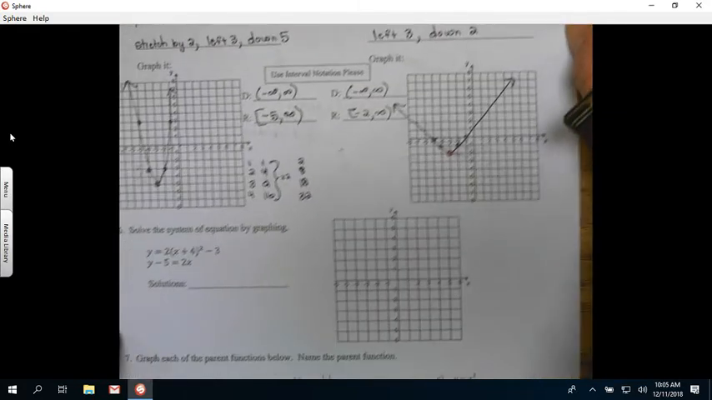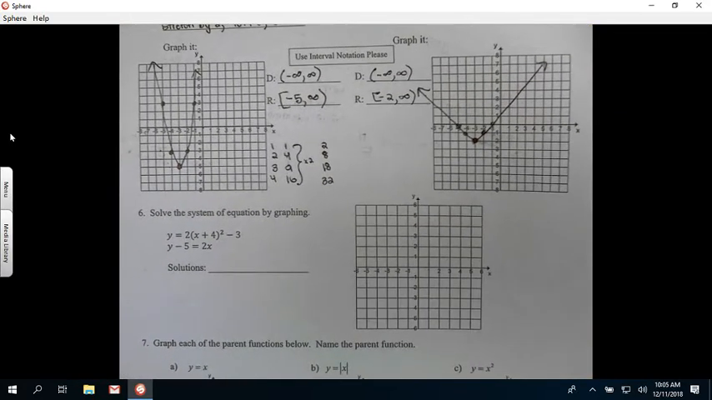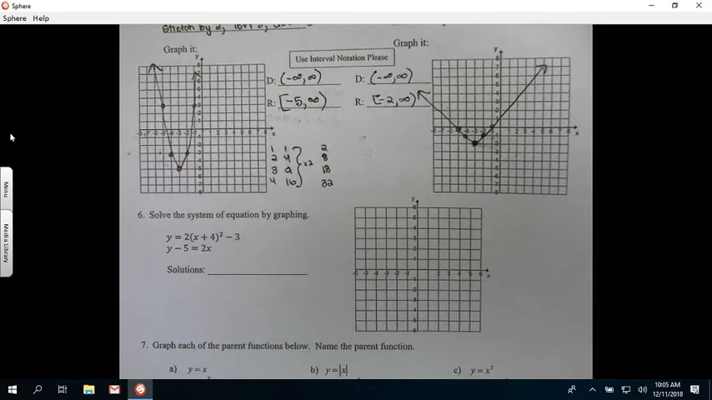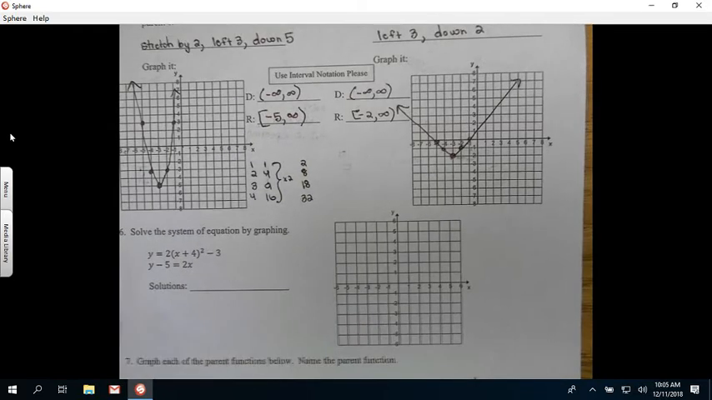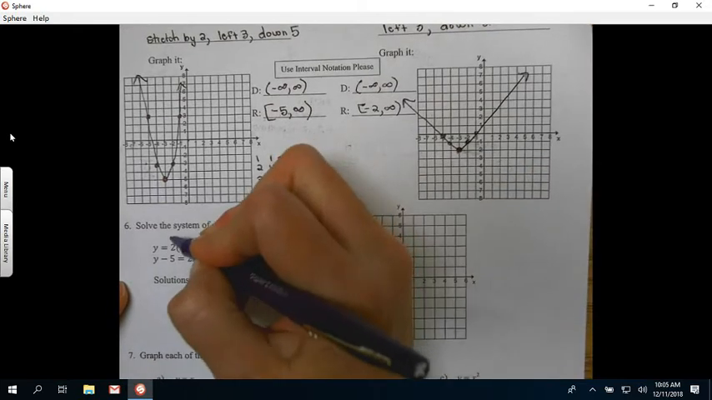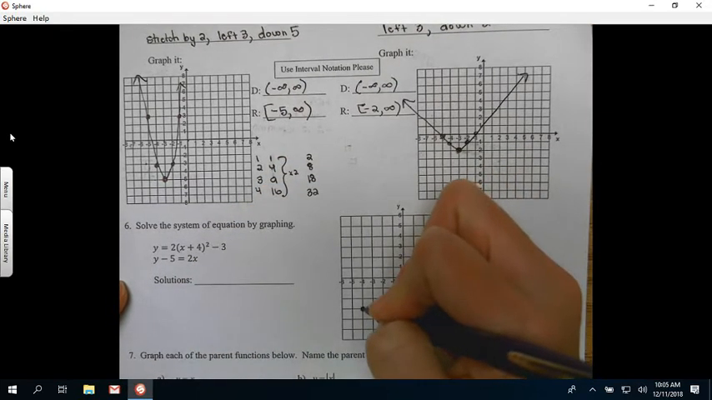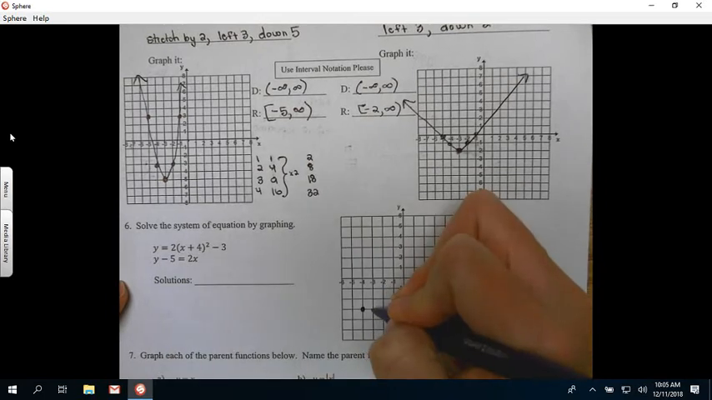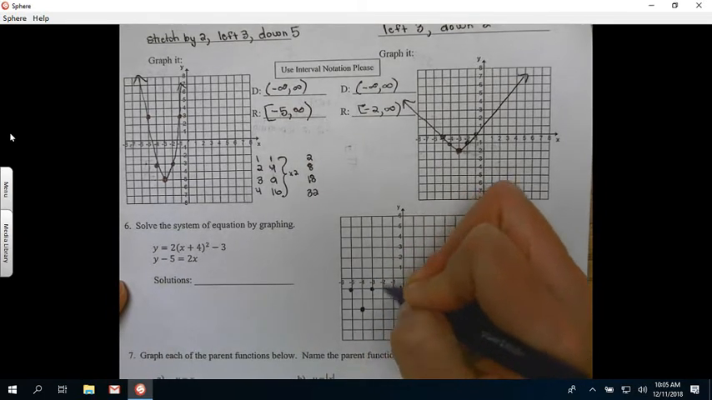All right, number 6, we are solving by graphing. So if we want to solve a system of equations, we are looking to see where 2 graphs intersect. This first one is a parabola, which is moving left 4, down 3, and then is being stretched by 2. So out 1, up 2, out 2, up 8,